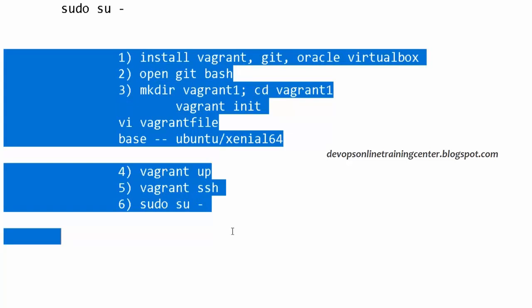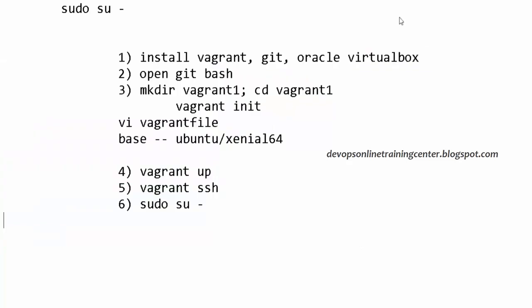Going forward, we'll be using a lot of tools, and we will install all these tools on the Vagrant VMs. Let's say we are talking about Puppet. We get 2 VMs ready, and on one we install the Puppet server, on the other we install the Puppet agent. Then we establish the communication, and we write the manifest and all that stuff. So before we start, it's better if you have practiced all this.